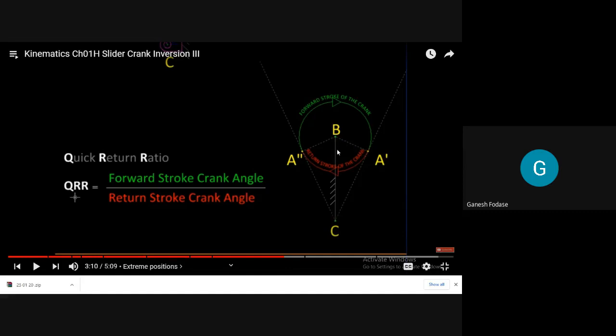Once A dash BC is known to you, if you twice it, we'll get the return stroke angle. Means from the geometry of this mechanism, we can find out this angle. And once the angles are known, once theta r is known, we can find out theta f, because 360 minus theta r is nothing but your theta f. So the approach is the same in both examples, that is either quick return, both quick returns, crank and slotted lever or Whitworth. From geometry, find out the angles and use the angles to find out the quick return ratio.